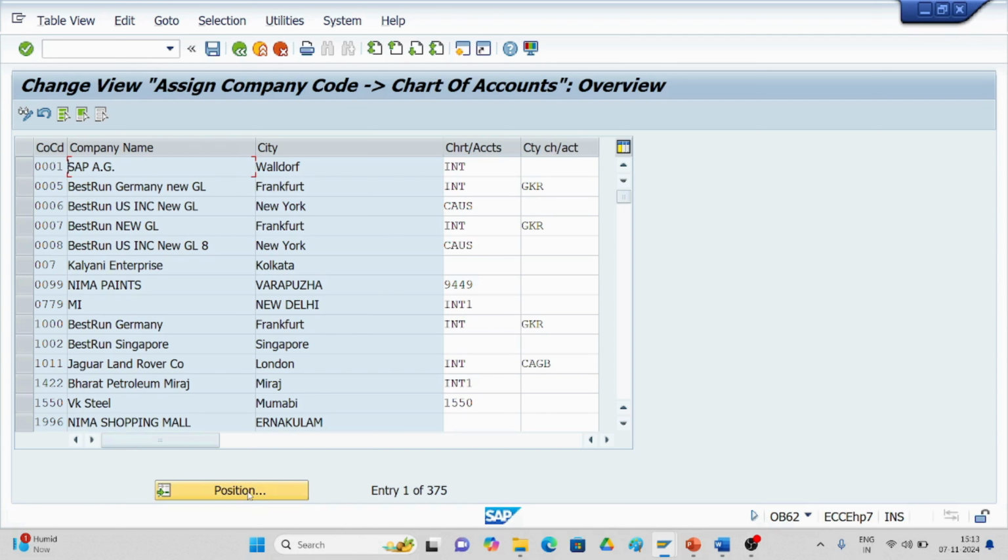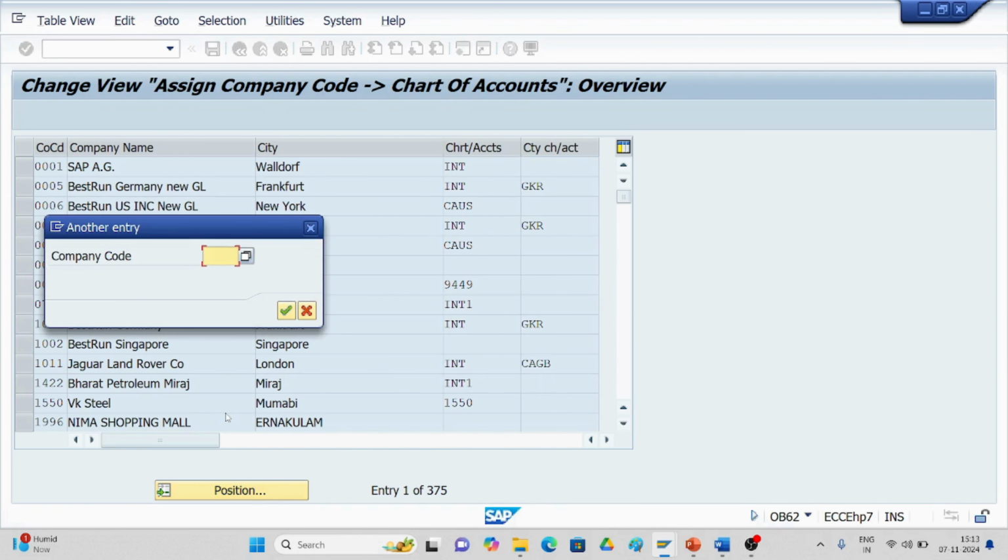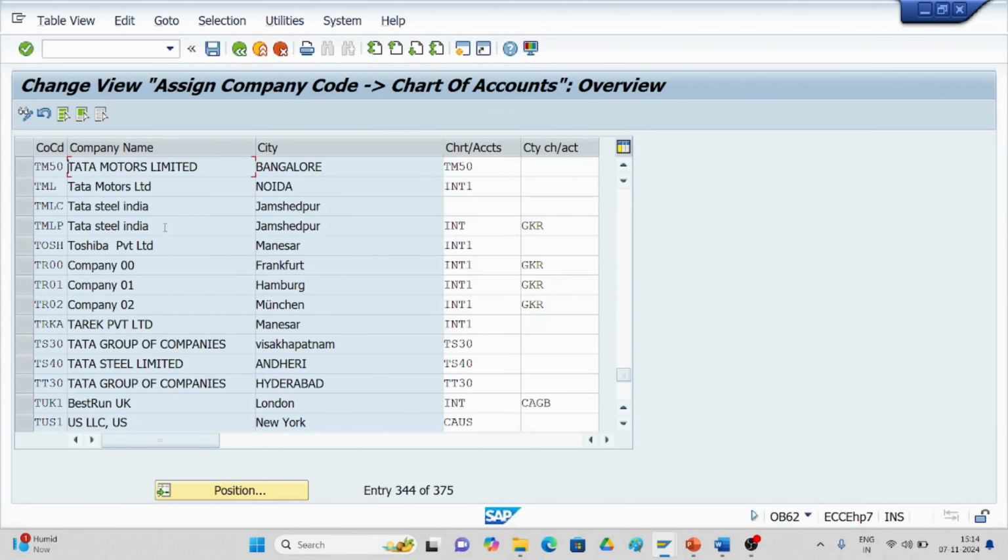Go to the position of the chart of accounts you have created. Give your company code TM50, and this is the chart of accounts I created. Company code TM50, company name Tata Motors Limited, city is Bangalore. The chart of accounts I created is TM50, with language EN, and the length of the GL account is 4 digits. So I have linked this with this company code. And the next step is